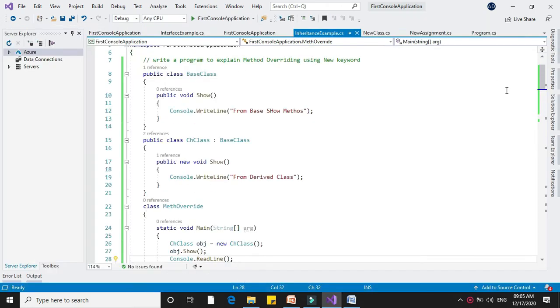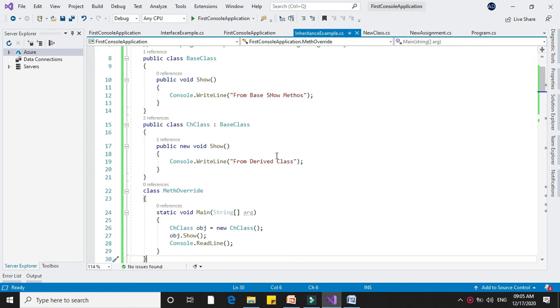That is, I have declared two classes, base class and child class. Child class inherits base class. In the base class method we have written from base class, and in the child class we have used the new keyword for the base class method, and when we create the object it will print from derived class.